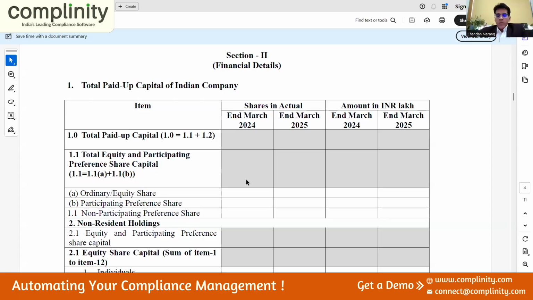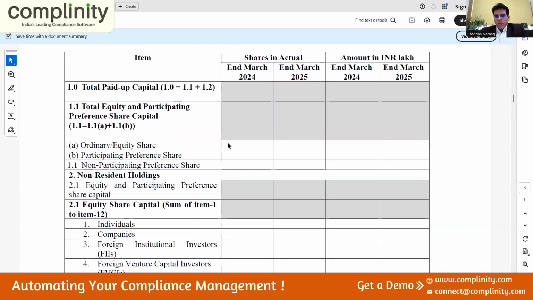In case the number of classes are more than one, it will ask you to mention face value on its own. Otherwise, it will take face value from the one which we mentioned in the section 1. If the classes are more than one, it will deactivate entering face value in section 1, and you'll have to manually enter it here. The numbers which are appearing are shares in actual, ordinary, participating, non-participating, and amount in INR